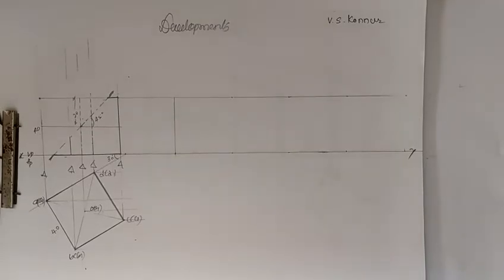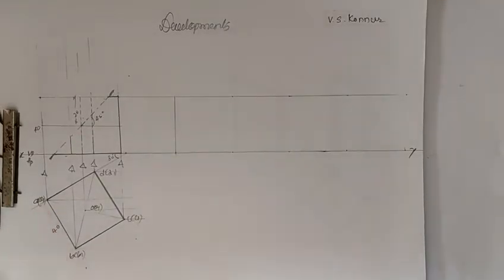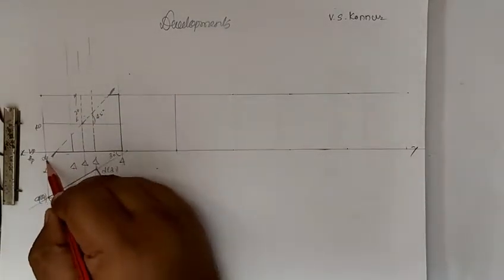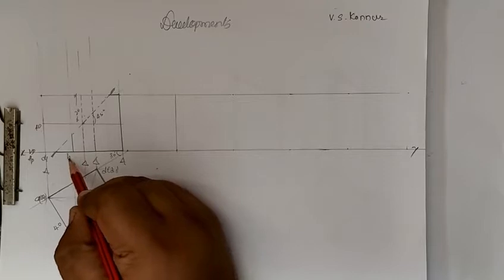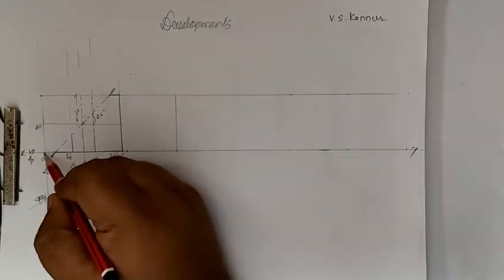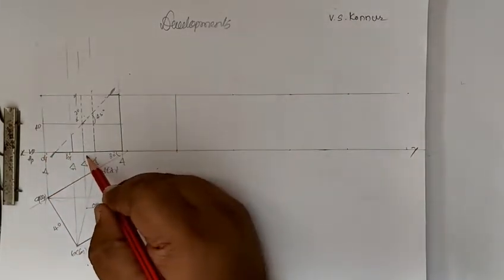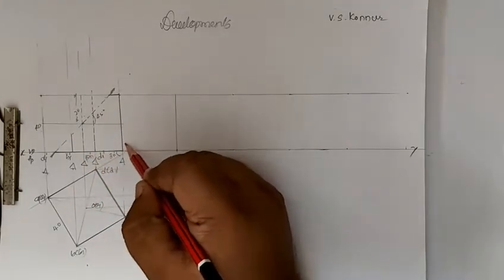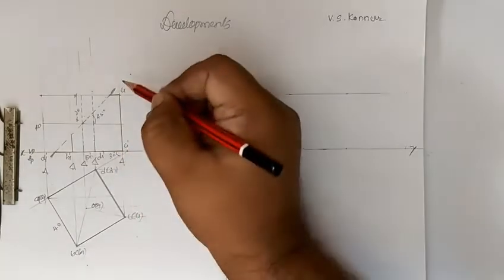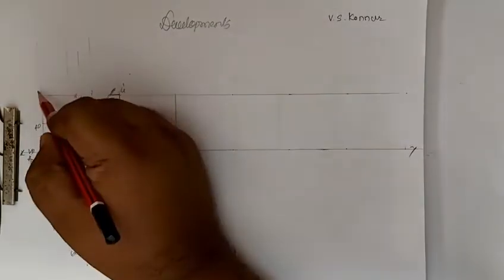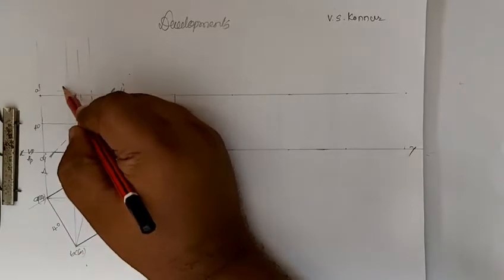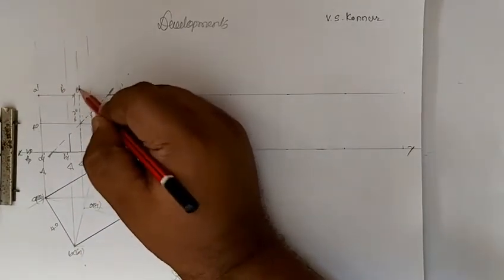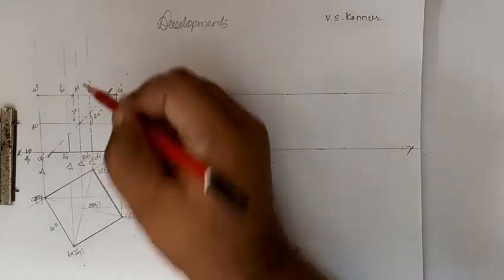Now we will go for numbering. Numbering should always start with AA1. On AA1, so first we will write it. This is A1, this is B1 dash, A1 dash, this is O1 dash, this is D1 dash, this is C1 dash, C1, C dash, A dash, B dash, and this is axis O dash, and this is D dash.